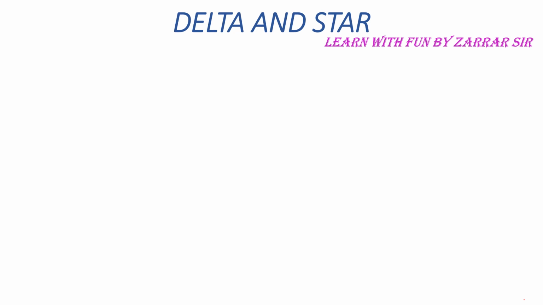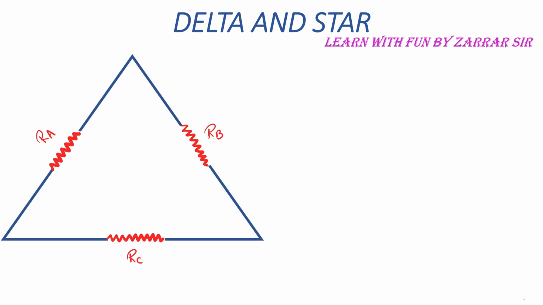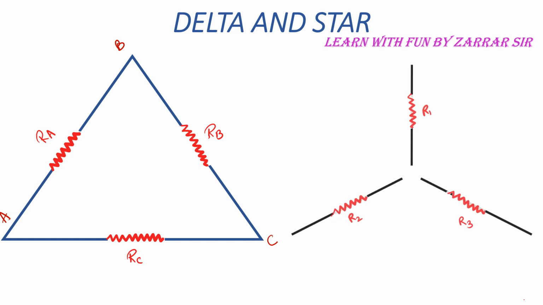Now we'll be starting with Delta and Star. So what is Delta and what is Star? If you see such a configuration where you have 3 points, if I note them as A, B and C, and there are resistances in between them, we call such a configuration a delta configuration. Similarly, we have another configuration over here where resistances are connected in such a configuration,